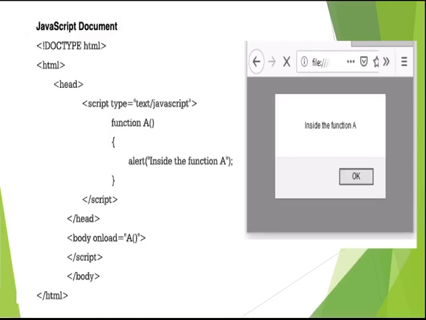Whenever you open a page in a browser, that is on page onload, you are going to get an alert "inside the function A". Okay, so here we have not called the function in the script tag. We are calling the function from the body tag. Okay, so this is how it is done.